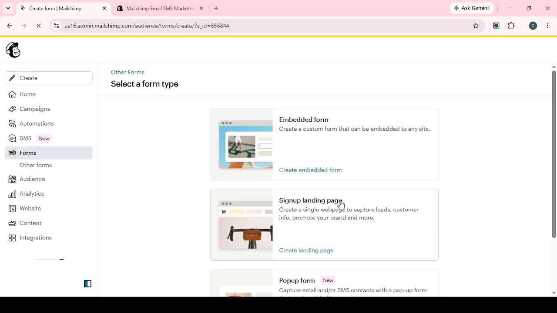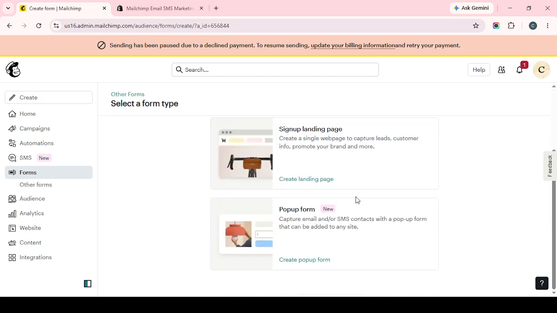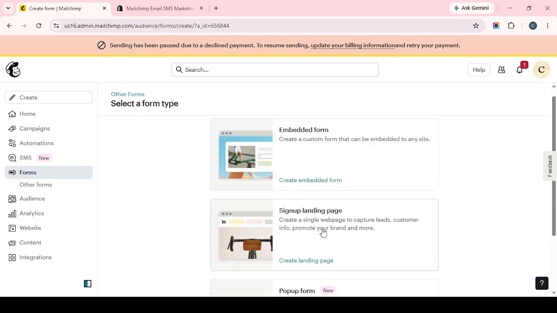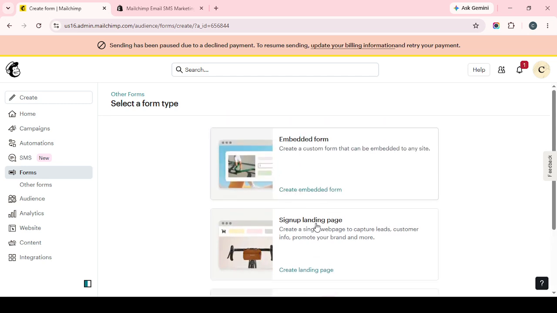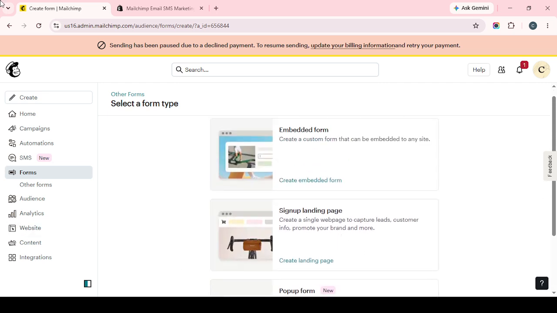You'll then be prompted to type a unique descriptive name for the segment. Make sure the name is clear enough that you'll recognize it later without needing to open it again. A good segment name should reflect the logic or audience type you used so it stays easy to manage as your list grows. Finally, confirm the setup to complete the process. Your new segment will now be saved and ready to use in future campaigns, automations, or